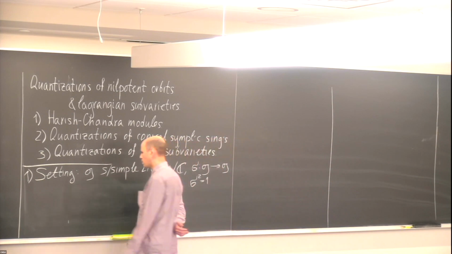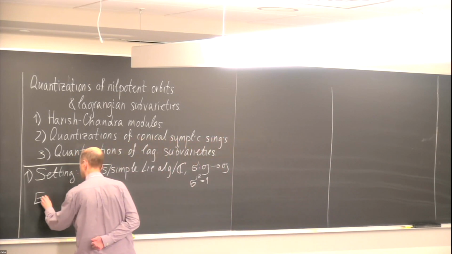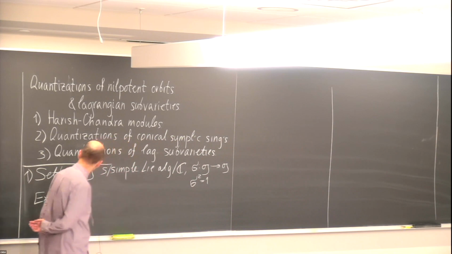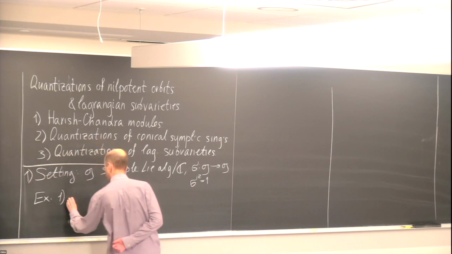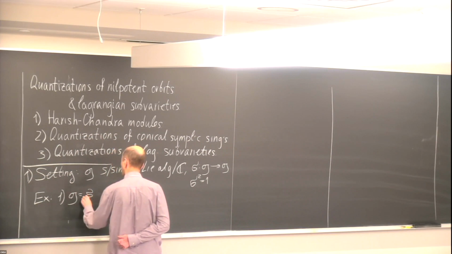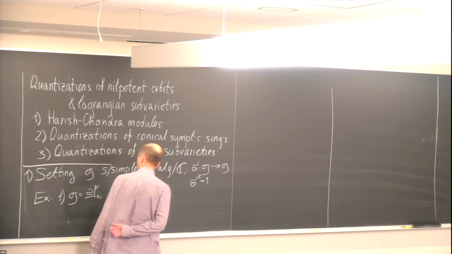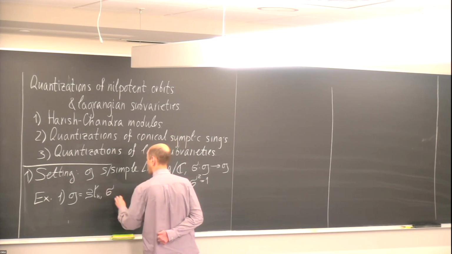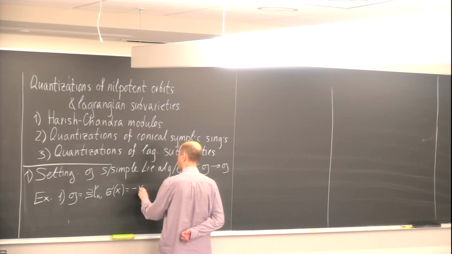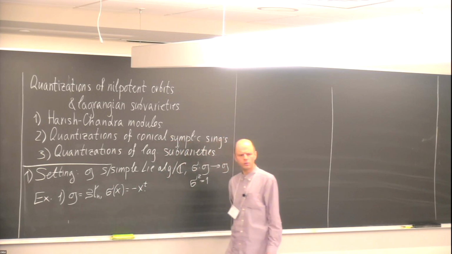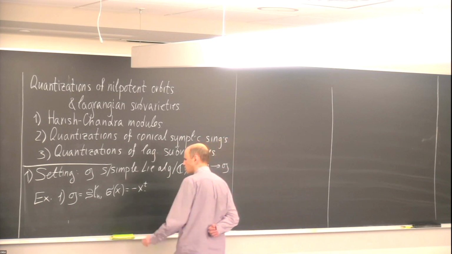For instance, there are the following examples. I can take G to be SL_n, and I can take sigma to be x goes to minus x transpose. I can take